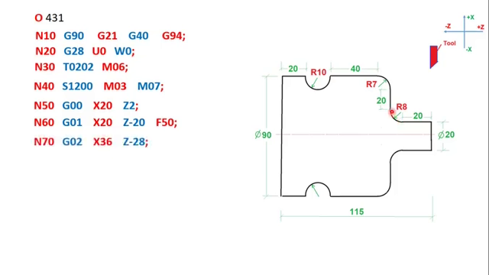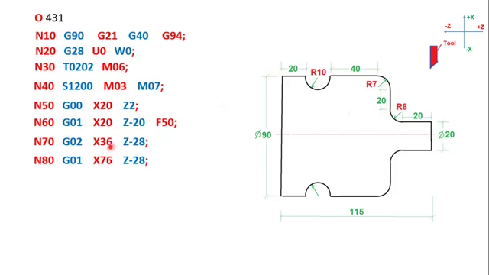So how is the curve movement? That is in clockwise direction, so that's why G02. And what are the endpoint coordinates? This coordinate is 20 plus 8, so Z is minus 28. What about X, 36? This is 20, this is R8, so 8 here and 8 this side. X is always diametrical, so 20 plus 8, 28, plus 8, 36. So it will cut the curve here, and from here again it is linear, so G01.